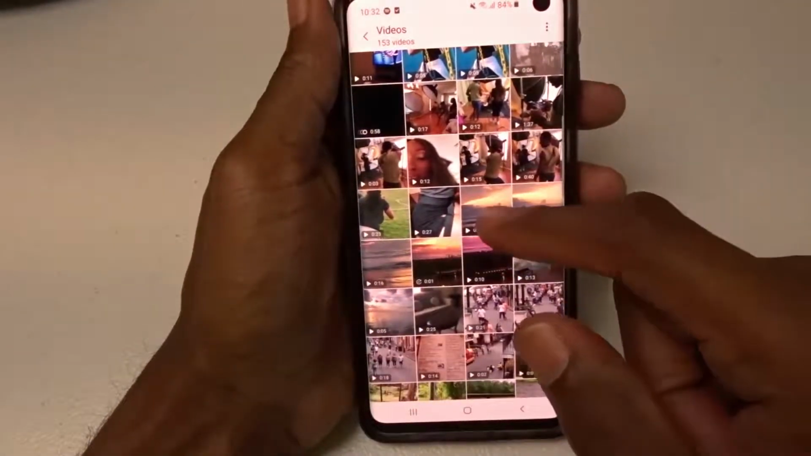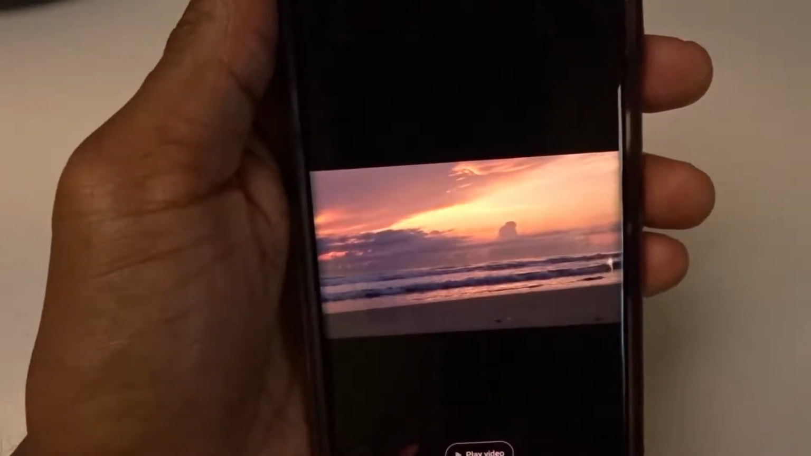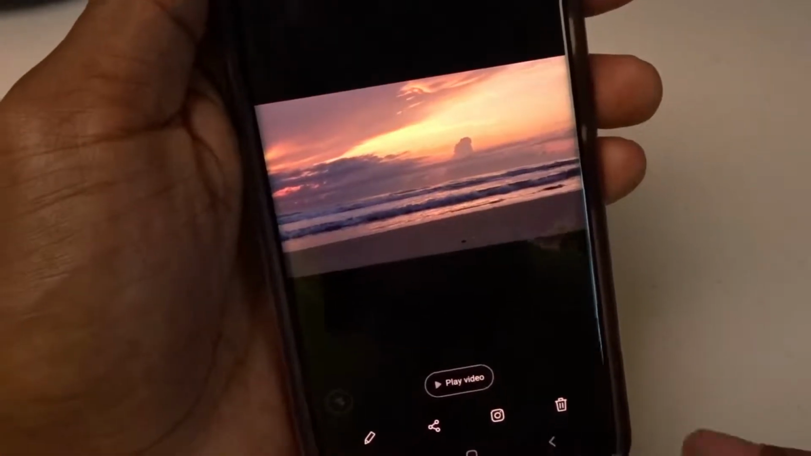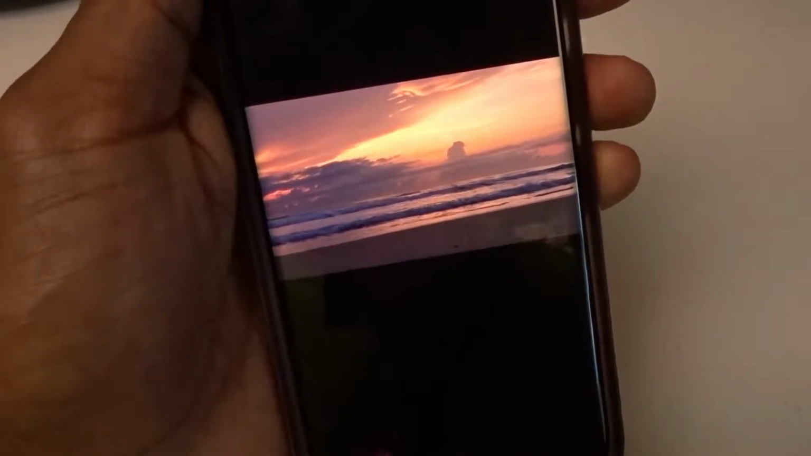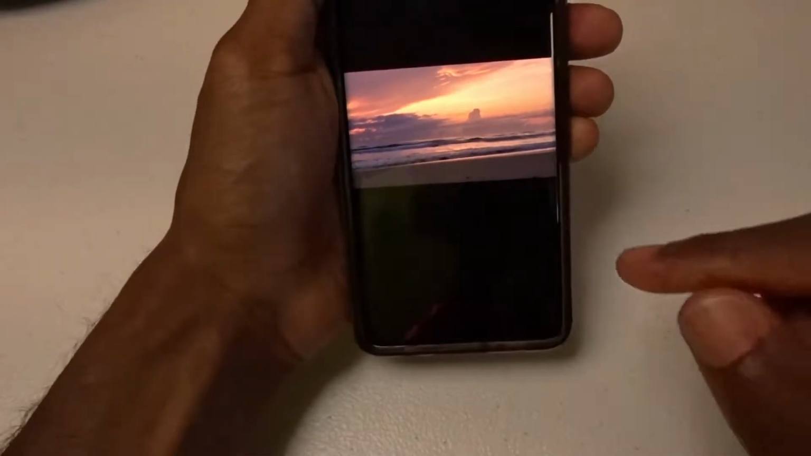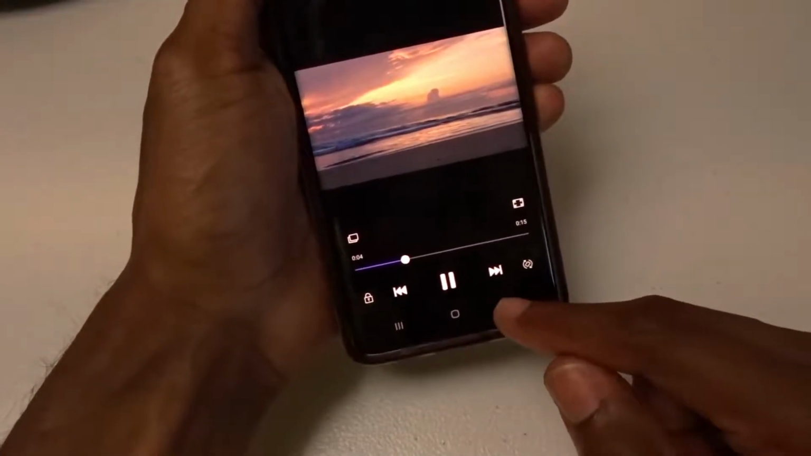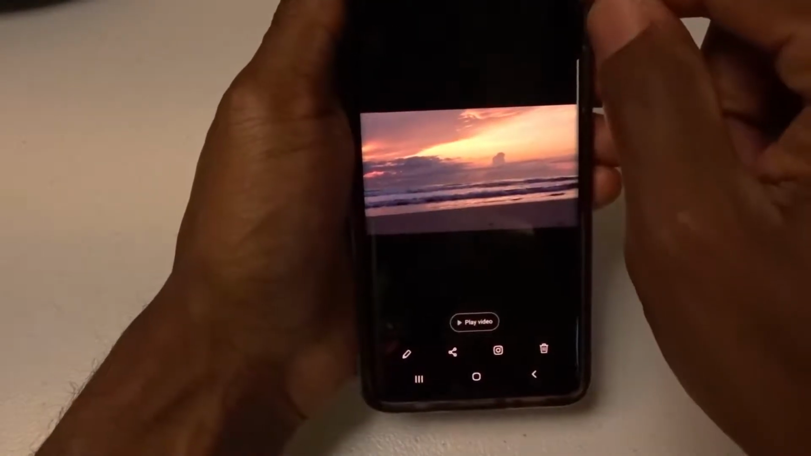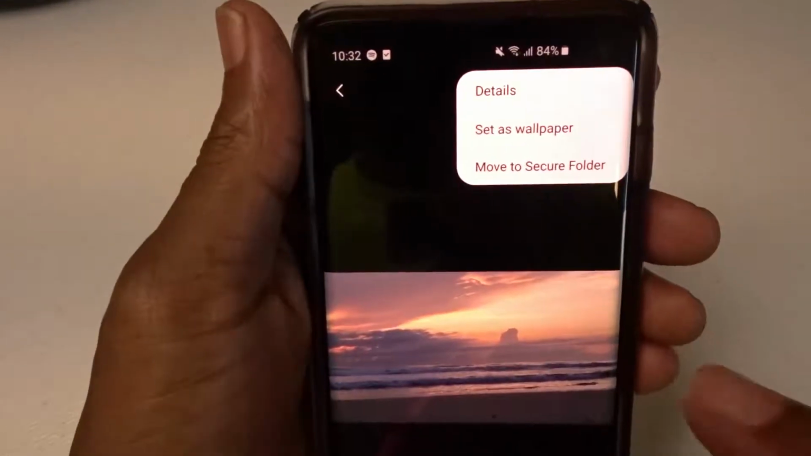Scroll and find whichever video you like. I'm going to select that one. You'll notice that this video is a moving wallpaper. If I play video, you can actually see that it's a moving video. It is landscape, right? But what's awesome is if you hit the settings icon at the top, I'll do that